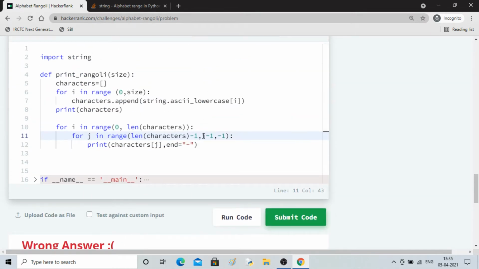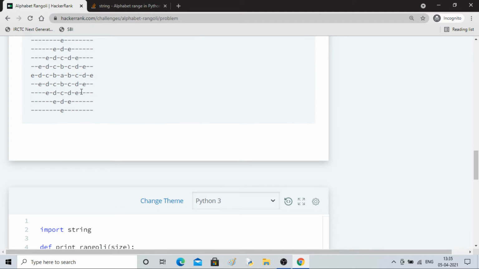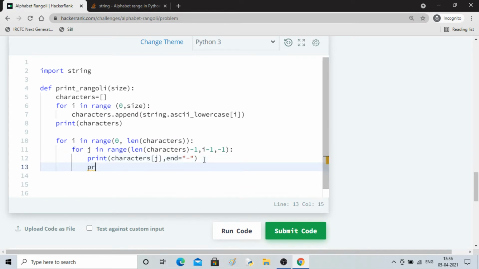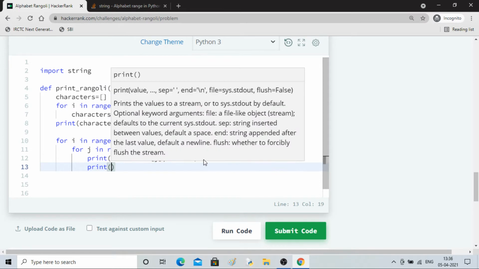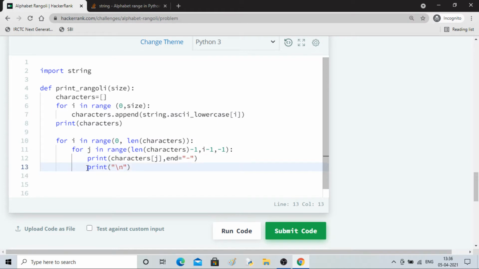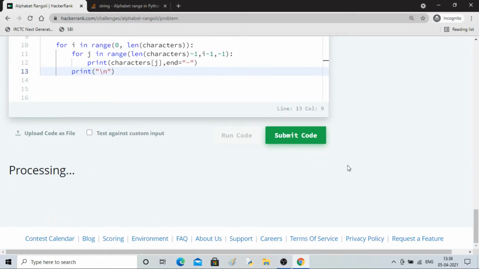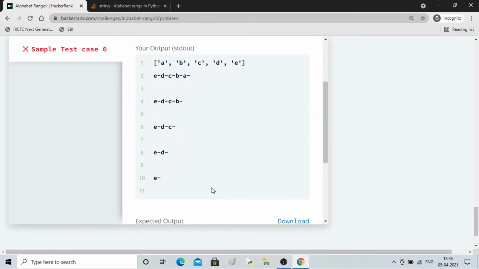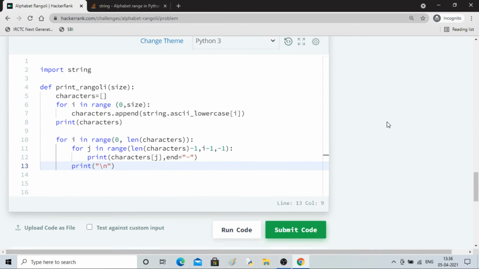So that's how I am doing it. So the last thing we have to focus on: every time the row changes, the last element has to be changed. So it was A, then B, then C, and E. Now what I have to do is print \n. Let me print this. Okay, so after printing everything, it will do a \n. So here you can see it is providing a huge gap, but it is sort of the same. So it is not working this way.